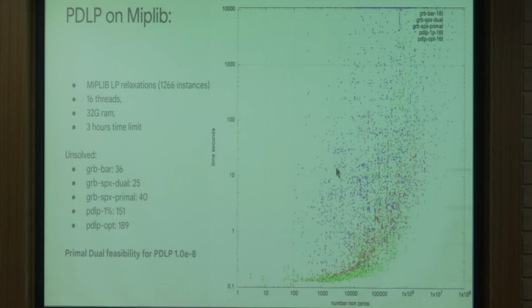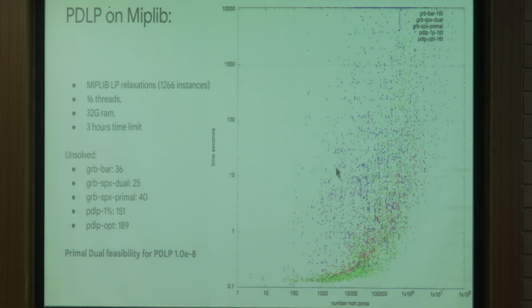But there is opportunity also on MIP instances. If you think that this is CPU code, Rotberg was saying that you can get a GPU advantage of 10x, so that will go down at least 1 order of magnitude. I will argue that you can probably do a bit better, maybe 2 orders of magnitude, and then it will be competitive even on MIP instances. The newer GPUs have 64 gigs of RAM, so you can write the dense matrix for many of these problems completely in the GPU and just iterate.